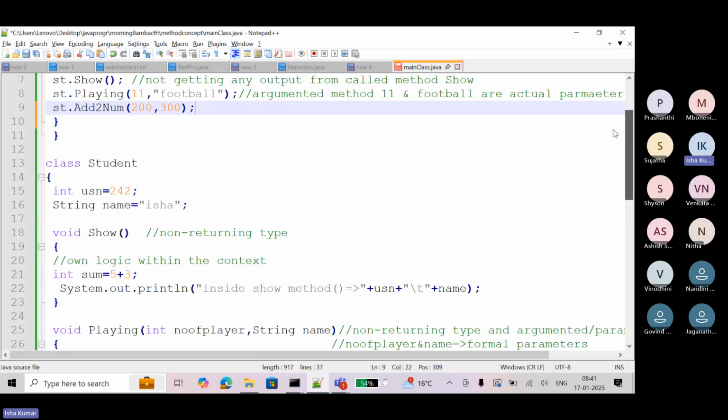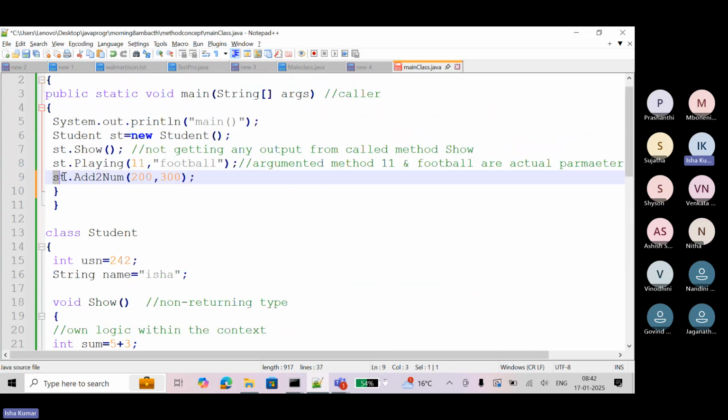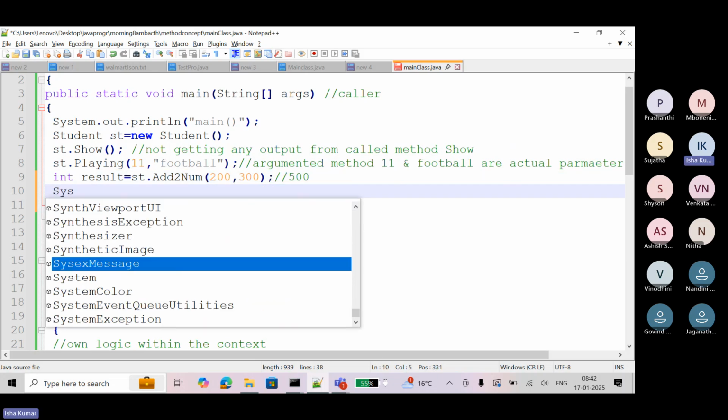Now from here, 500 will come and this piece of code will be replaced with 500. Now how can you print this 500 here? You should have the same data type to store this 500. So here you can write int result equal to this one, and then you write this.